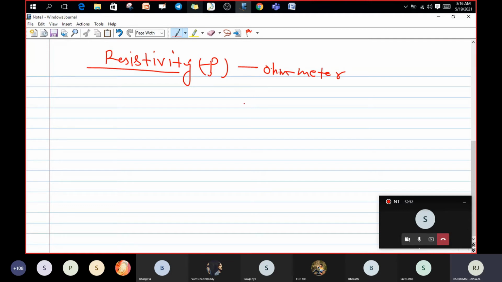Okay. Next, as you know, resistivity is the opposite of conductivity. If conductivity is there, we use the formula sigma equals 1 upon rho. You know, everyone, that's why one of the students asked what is the unit for it. Mho. It's called mho, ohm inverse. Yes, ohm inverse, or it is called mho. Another name is mho.